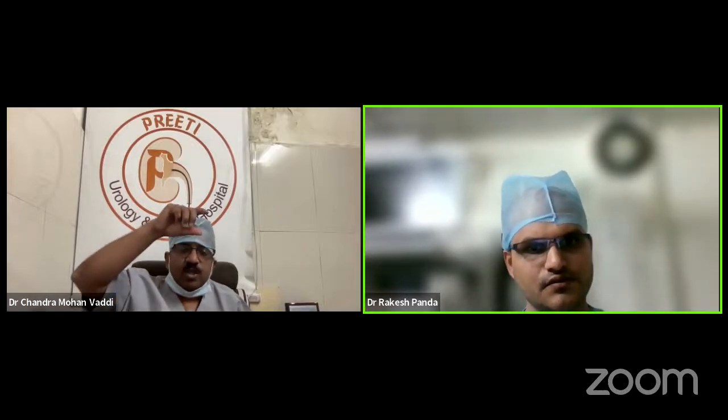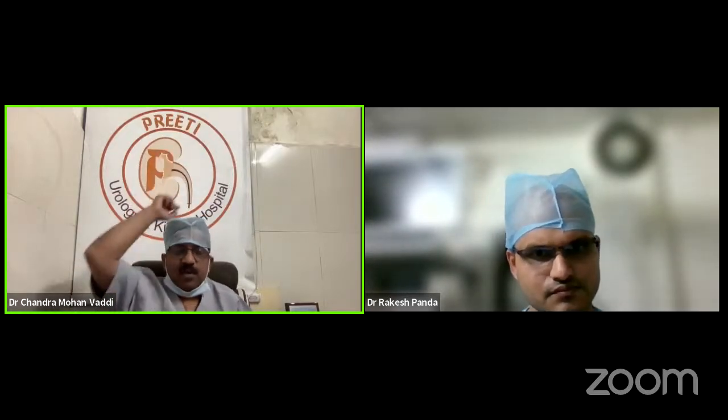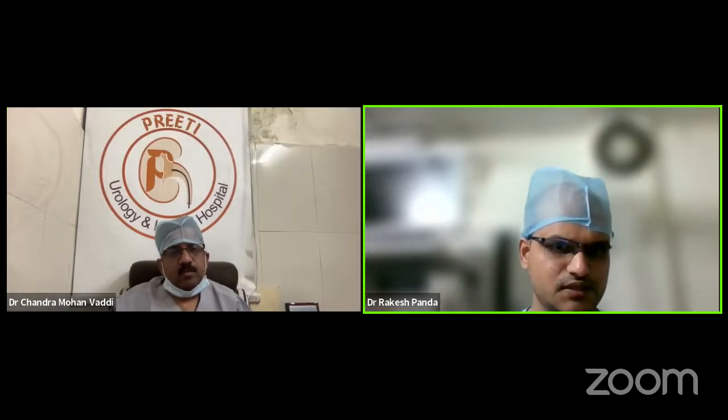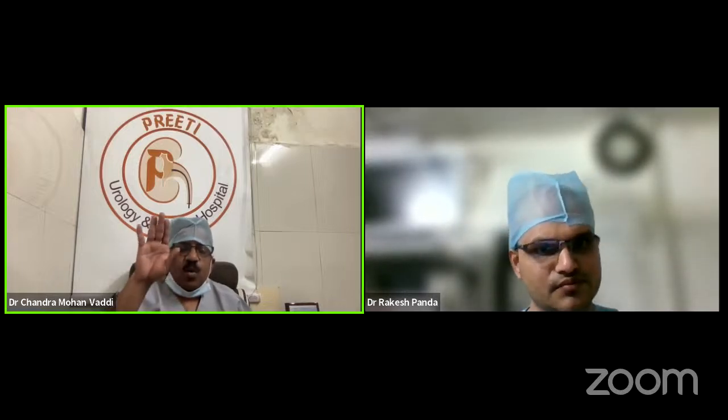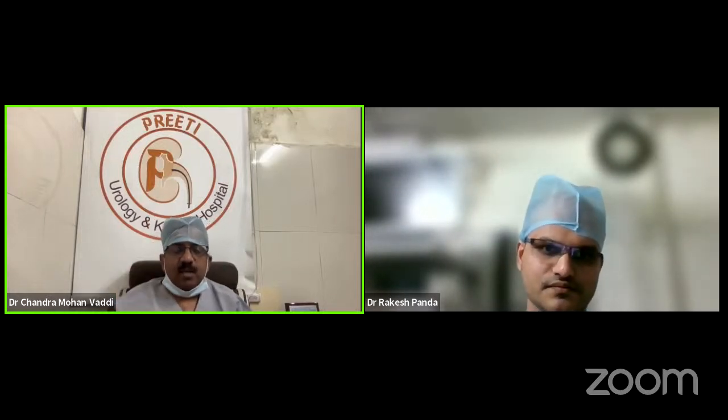Now the next combination, three stones. Large stone in the lower calyx, large stone in the middle calyx, large stone in the pelvis. What will you do? Prone is a little better because, as we discussed, the iliac crest will not come in our view. Either we can come from the inferior or middle calyx. We can clear maximum. Overall the inferior calyx is bad for supine, but